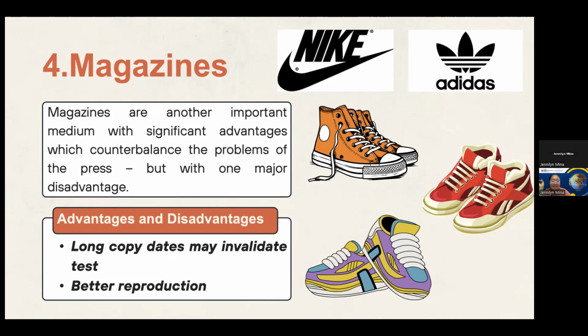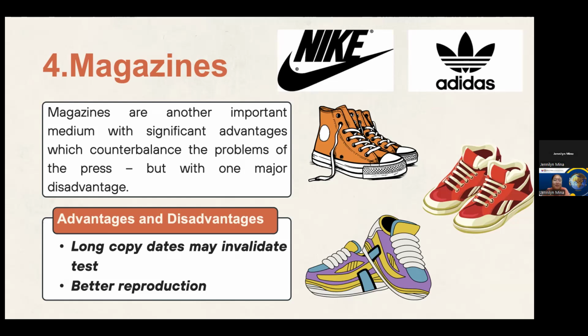Lifestyle integration. In addition to showcasing the shoes, the advertisement might highlight how the shoes fit into an active lifestyle. This could be accomplished through a captivating story or article within the magazine, making the shoes more relatable to readers. But of course, there are also some advantages and disadvantages of advertising your brands in a magazine. Visual appeal. Magazines provide better reproduction quality than newspapers, allowing for visually stunning advertisements that can effectively convey your brand's message and aesthetics.